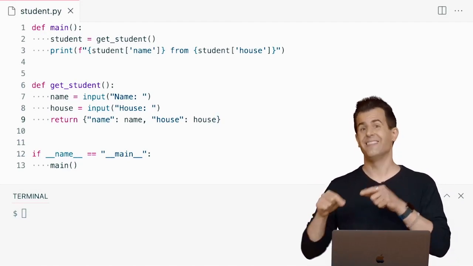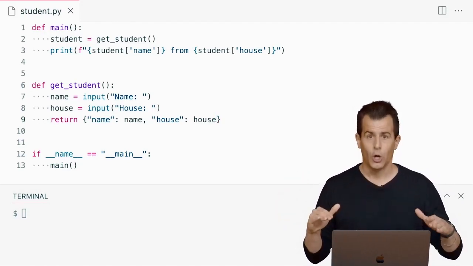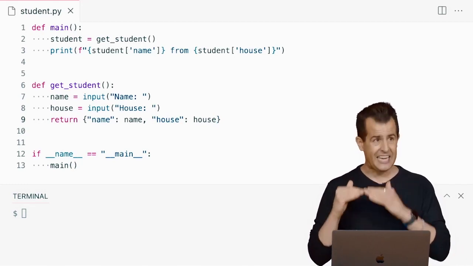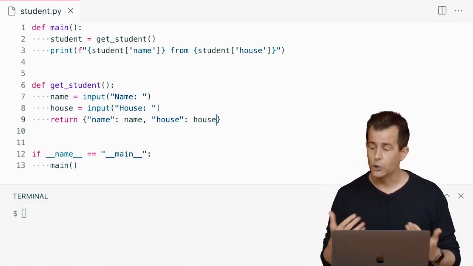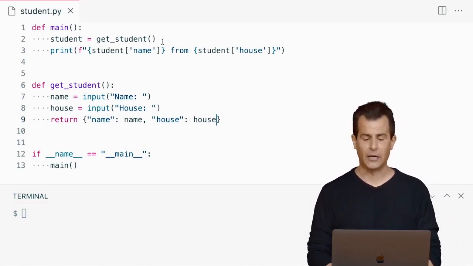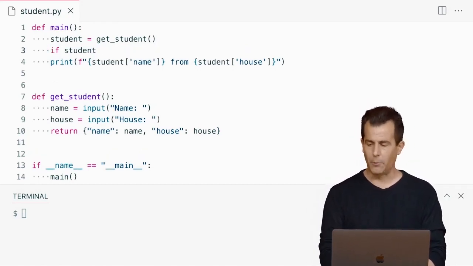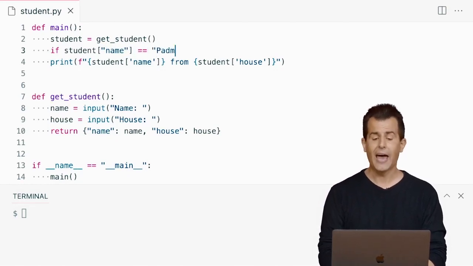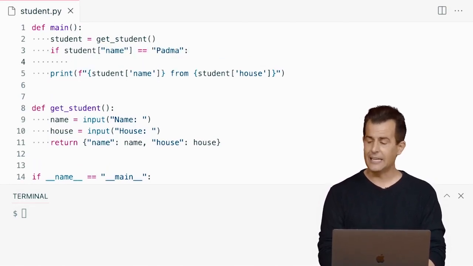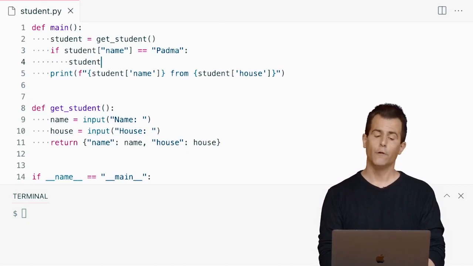Well, dictionaries, like lists, are mutable. You can change what is in them just like you can lists. How do you do that? It's just a little different syntactically. So let's go back into main and do this fix. If the student variable has a name key that equals Padma, then, indented, go ahead and change the value of